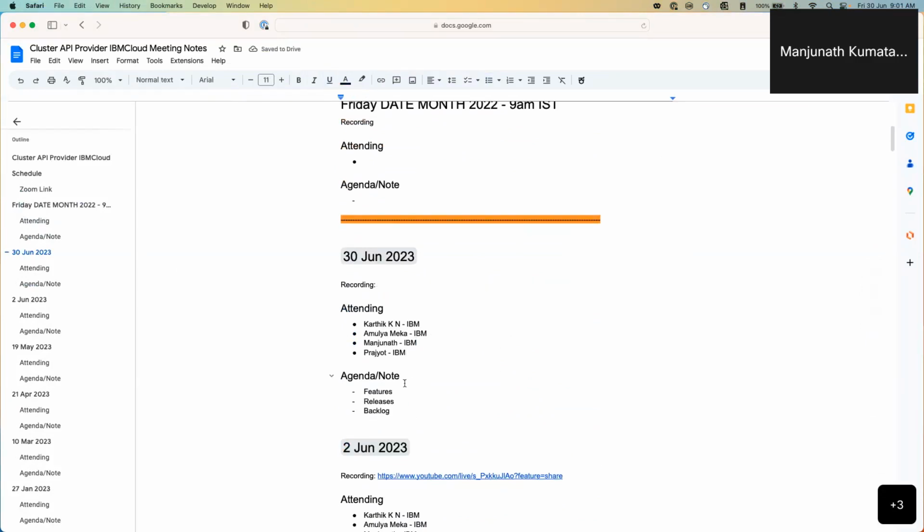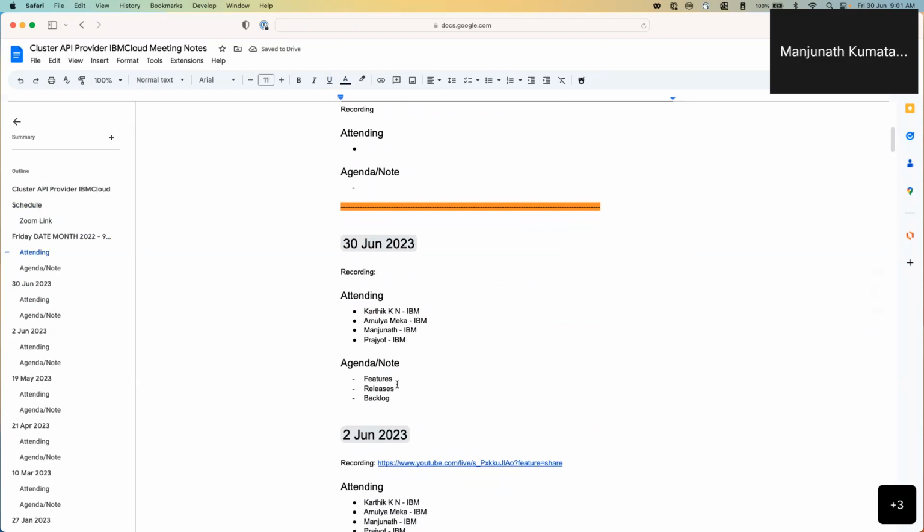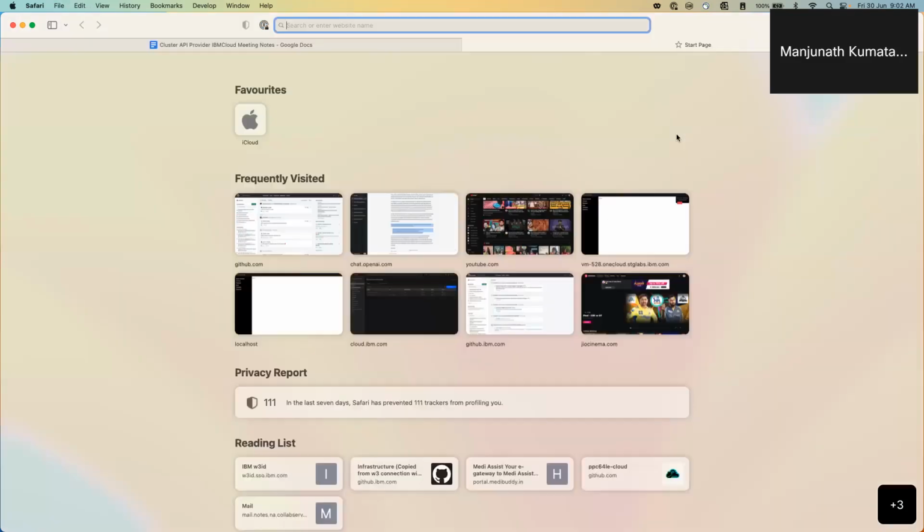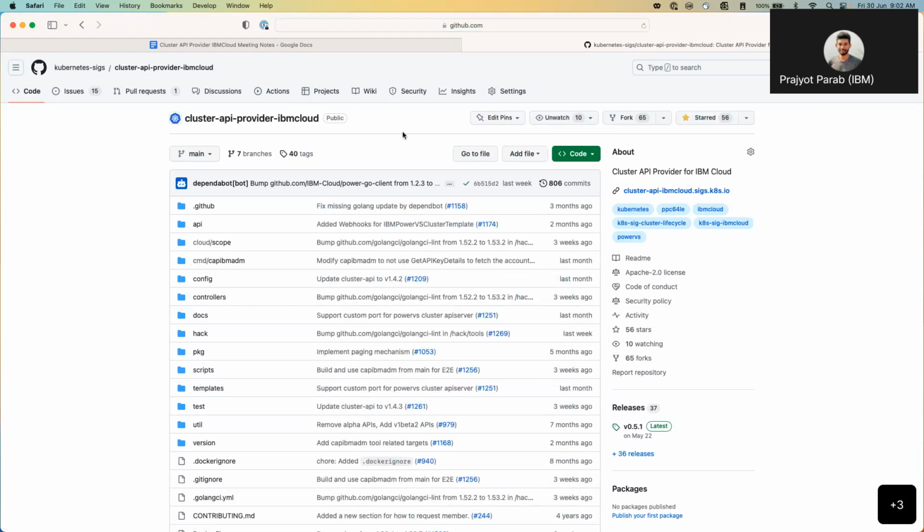As usual, we'll go through features, release, backlogs, and then whatnot. And then also, for our yesterday's discussion, we'll have to even go through one of the issues, right, Prajot? That also we'll discuss in this call. Okay, Manju. Let me quickly jump over to the repository, and then we will see what we have delivered